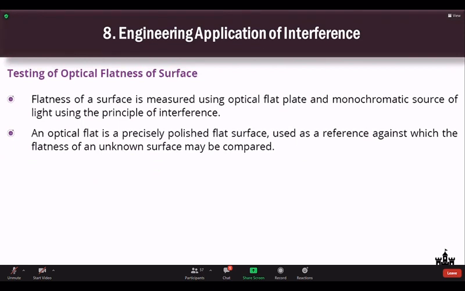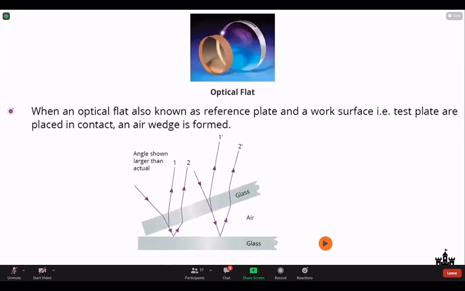Yesterday we also saw an application of this phenomenon of interference. One application is testing the optical flatness of a surface. You can measure the flatness of the surface. How can you do that? If you have a perfectly optically flat glass plate here, which you can observe here,